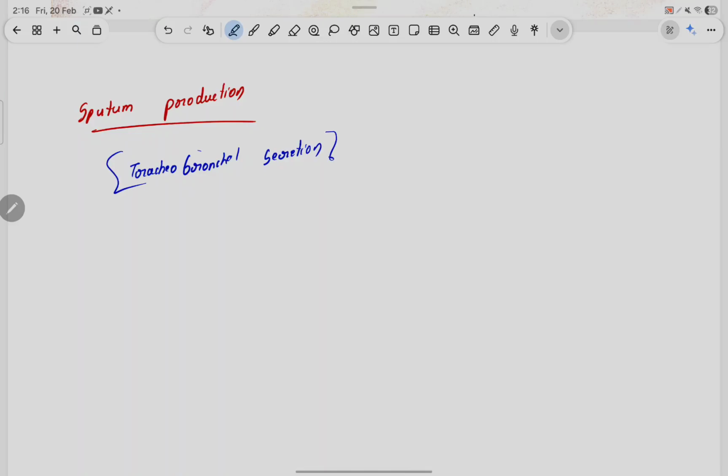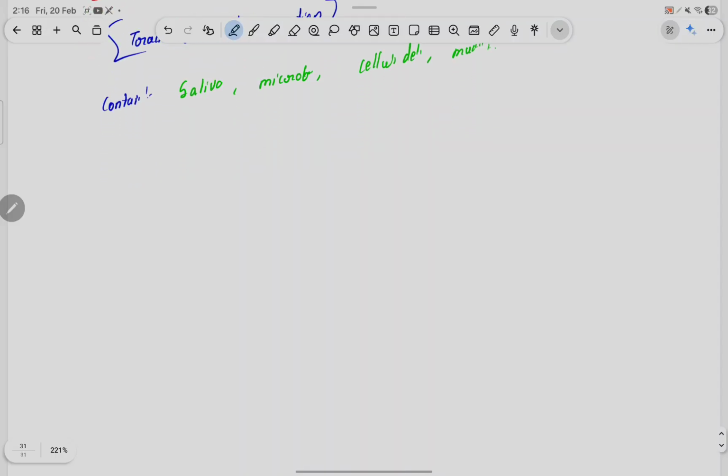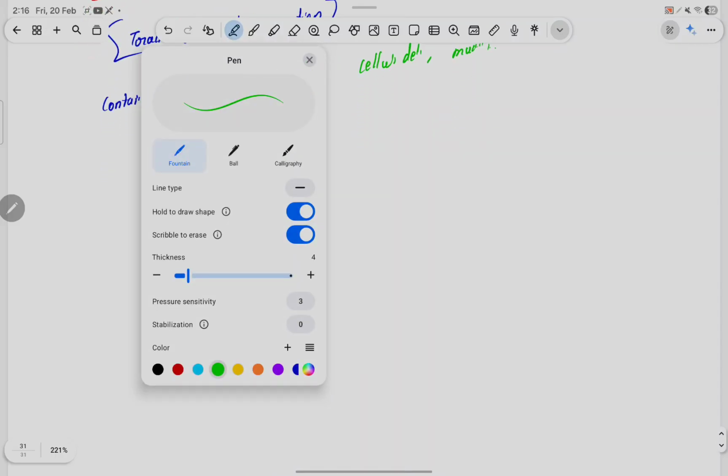This tracheobronchial secretion contains saliva, microbes, cellular debris, mucus, many things. So we're going to classify this sputum into